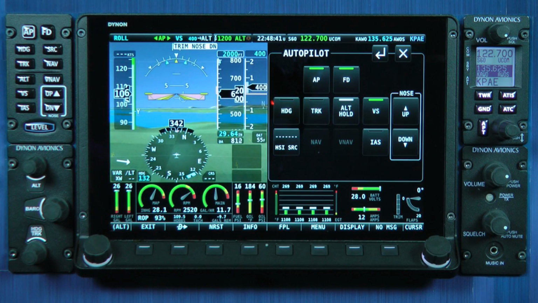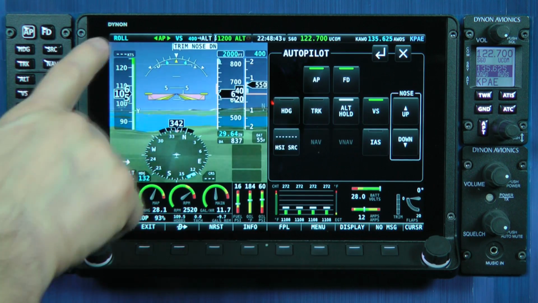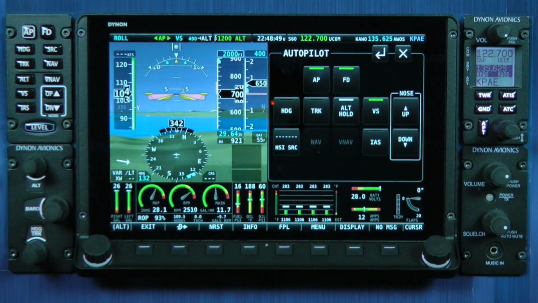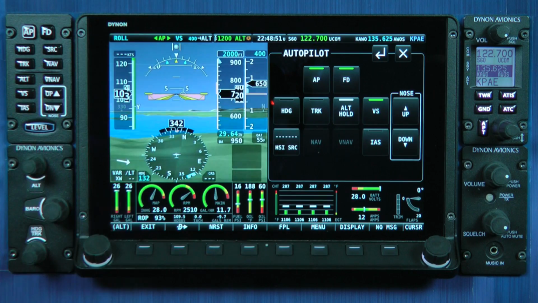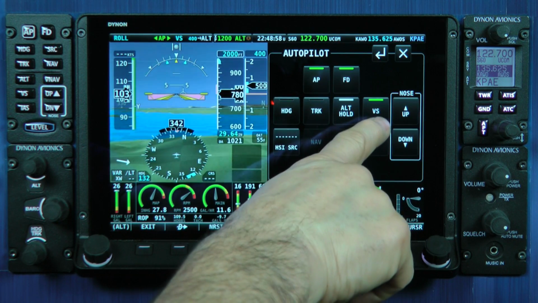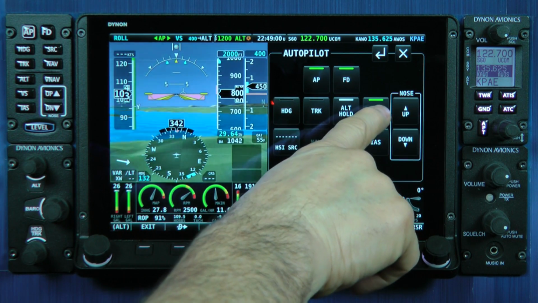So what do those mean? In the roll axis, roll hold means hold whatever bank angle I was achieving when I turned the autopilot on, and it's holding roughly a bank angle 0 attitude. And on the pitch axis, notice it engaged in the vertical speed mode as indicated by the VS button, engaged